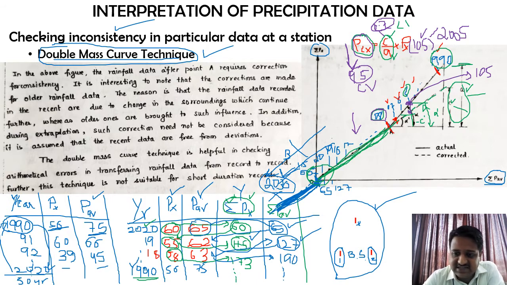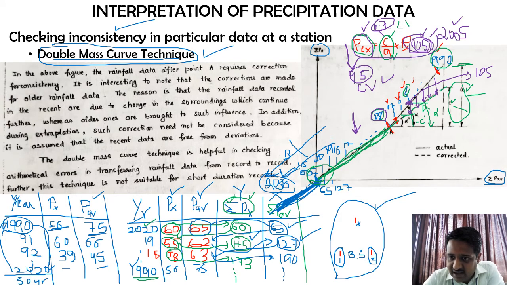So the same thing can be visualized with this particular calculation over here with this formula. So what we have done, this 105, which was the actual rainfall recorded in 2005, we have reduced that value to 95 by making a correction. So why was this correction required? Because there was a change in characteristics of rainfall after 2008. I hope I am clear with this. So similarly, we need to do it for all the years. So whatever the values we have on top on the solid line will be coming down to this dotted line. These are nothing but the calculations we are going to do for all the years.